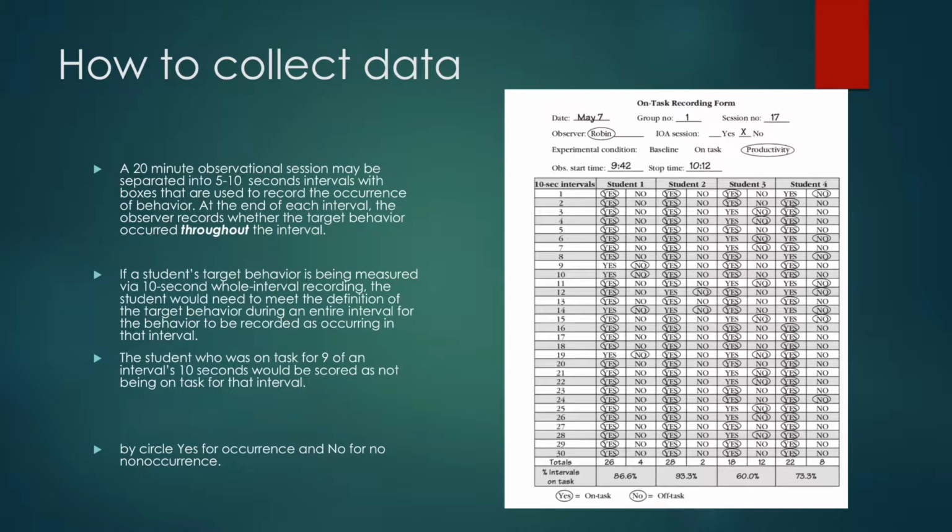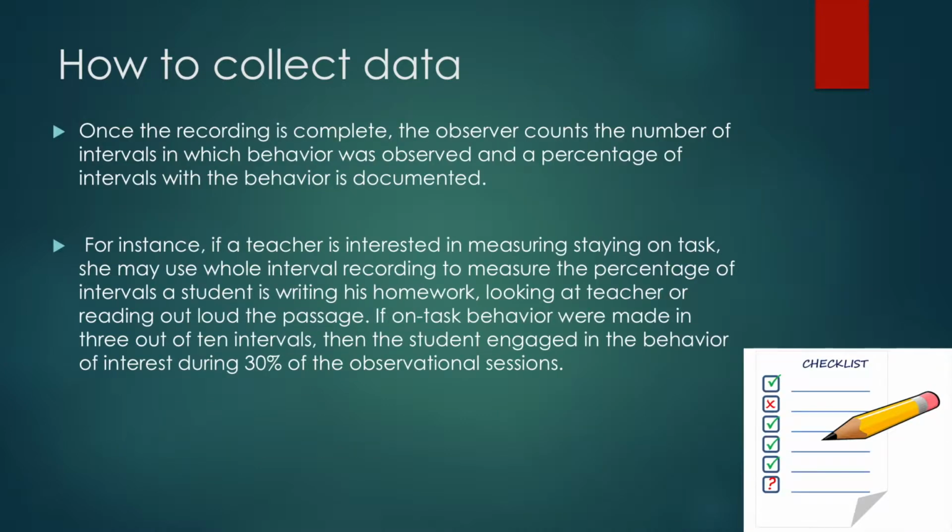So if throughout the whole interval the student stays on task, then you may circle yes for the occurrence of that behavior, while no for the non-occurrence of the behavior. Once the recording is complete, the observer counts the number of intervals in which behavior was observed, and the percentage of intervals with the behavior is